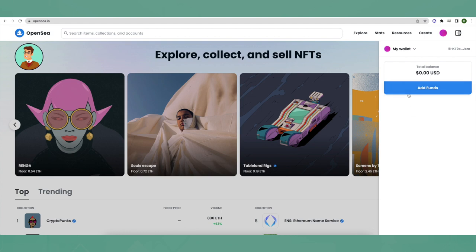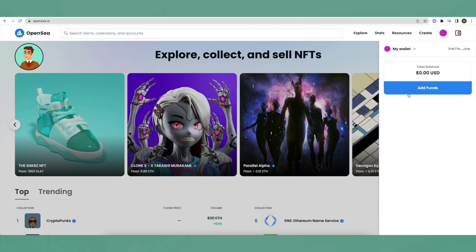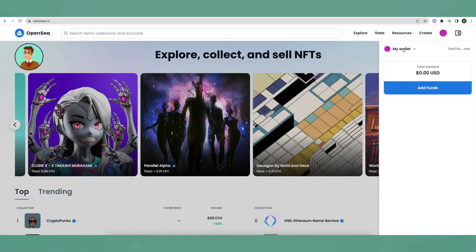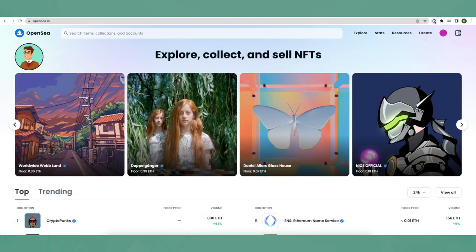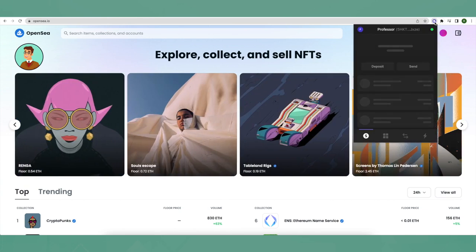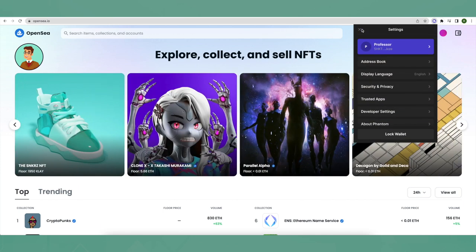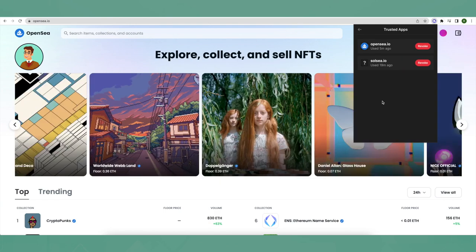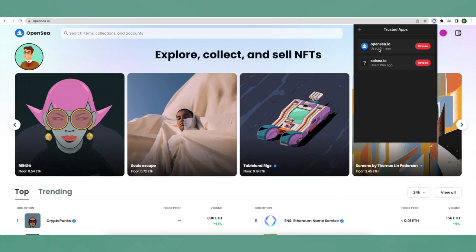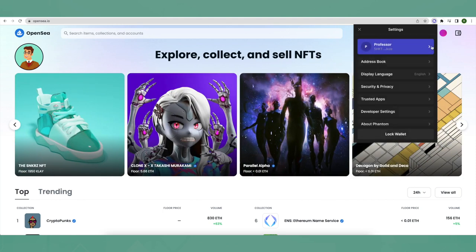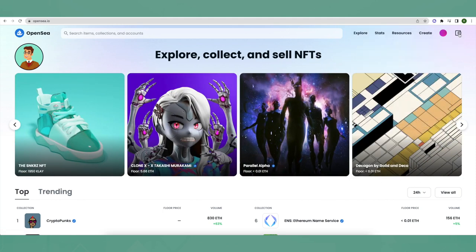So in order to revoke the permissions and completely disconnect from any website, all you have to do is just go to your extensions and you will see the Phantom wallet icon here. Just click it and go to the settings on the top left corner. Then you will see the trusted apps tab. Just click it and here you will see all the websites you are connected to, so you can simply revoke the permissions. And now when you will log out from any website,